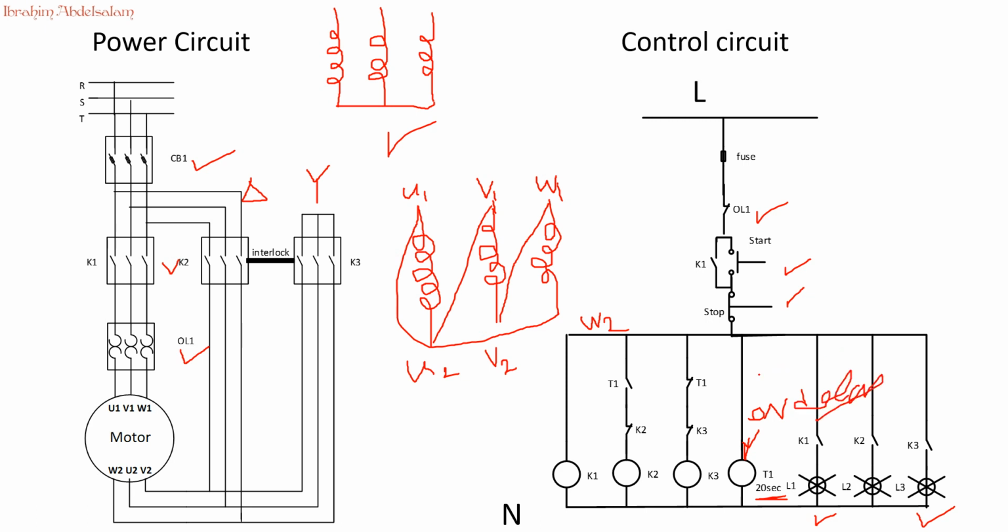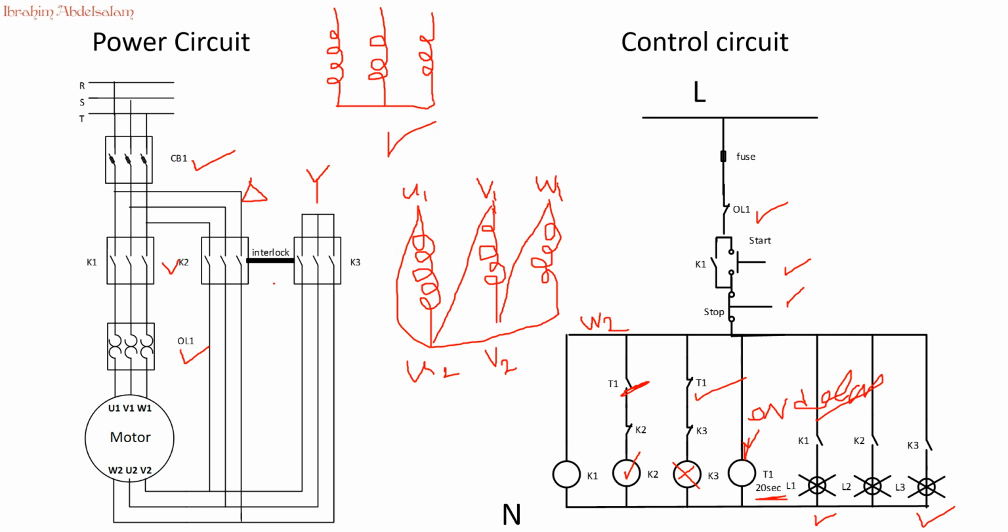Sorry. On delay, so the contacts will change their state. This one will be open circuit, and this one will be short circuit. This way, contactor 2 will be energized, and contactor 3 will be energized. Okay, we have two protections